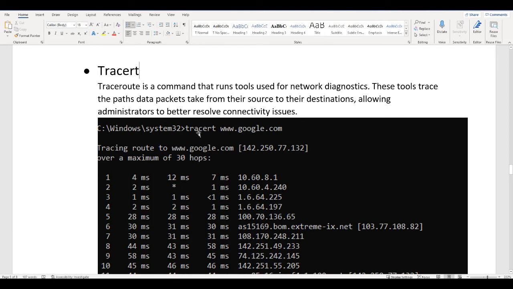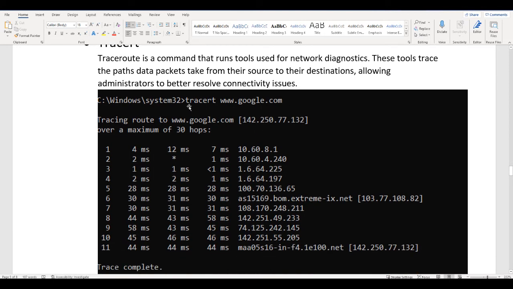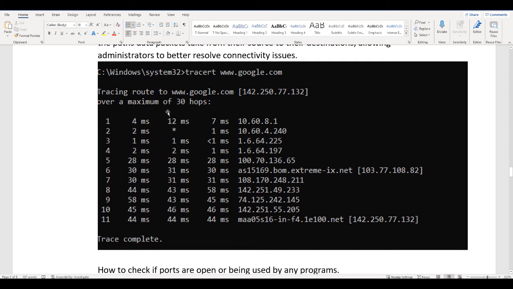For example, I'm typing tracert www.google.com. From your machine, there is a maximum of 30 hops. You can see these are all the routers which are present between your machine and google.com. It took 11 paths, you can say hops as well. First hop, second hop, third and fourth.